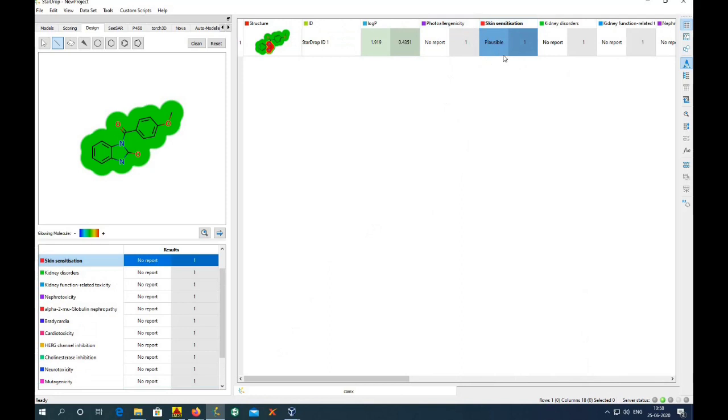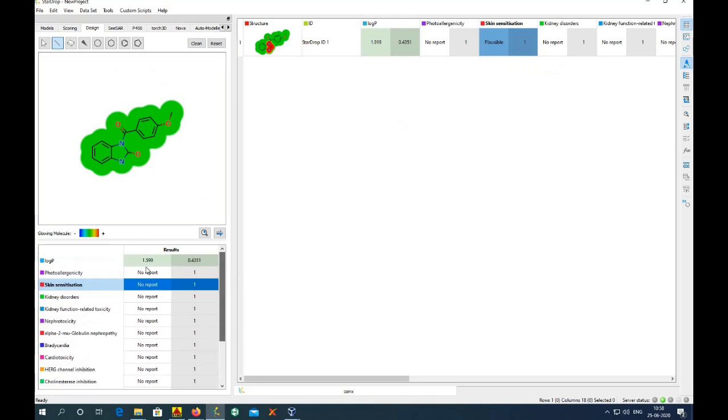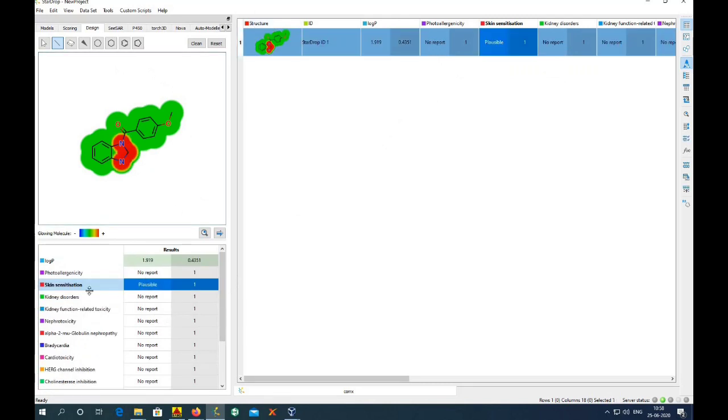So only the skin sensitization is present for this designed molecule, and we can identify the functional group which is responsible for this skin sensitization. Here it is highlighting in red color. This imidazole ring, those 2 nitrogens, is showing the skin sensitization.